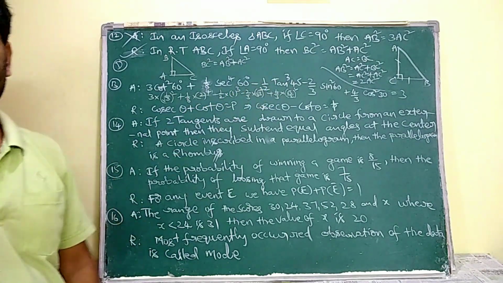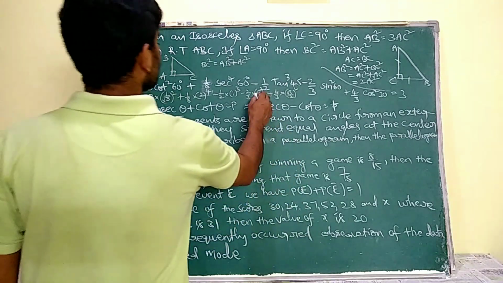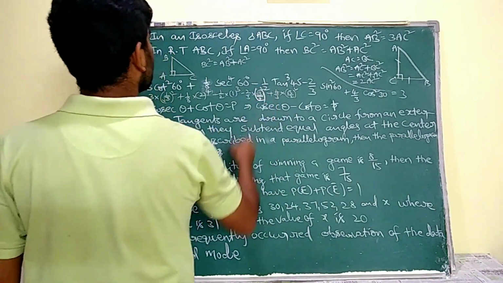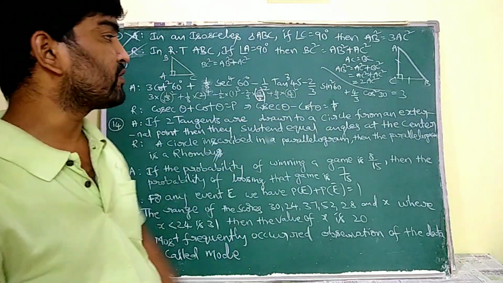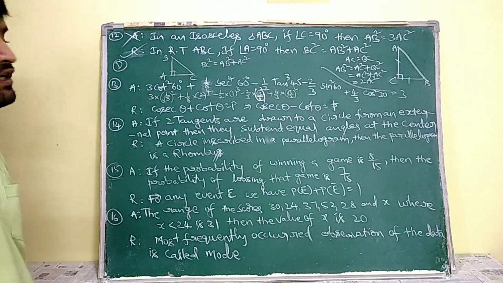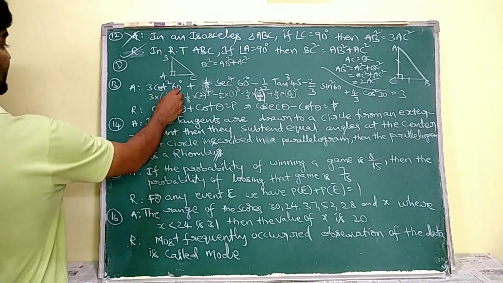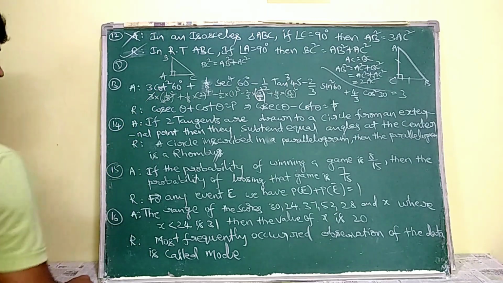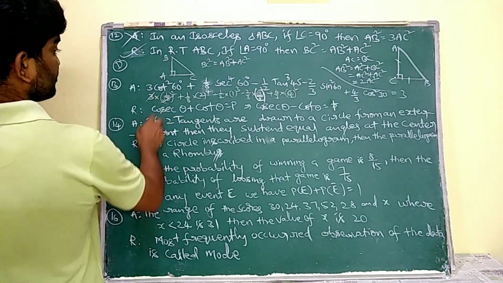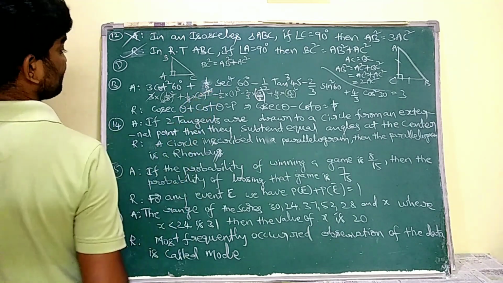Sin 60 we know is root 3 by 2. So in the place of sin 60 I am going to write root 3 by 2 whole square. Plus 4 by 3 into cos square 30. Cos 30 we know is root 3 by 2. So root 3 by 2 whole square. See, here the square and root are going to be cancelled, then it is 3. 3 and 3 are going to be cancelled. Here we are going to obtain 1. 8 and 2 cube are going to be cancelled, 1 by 2 is left.